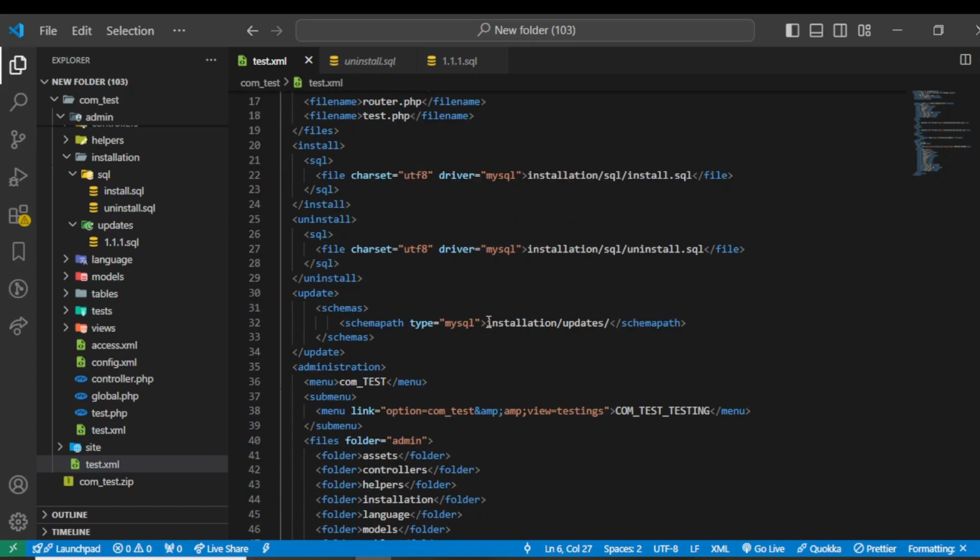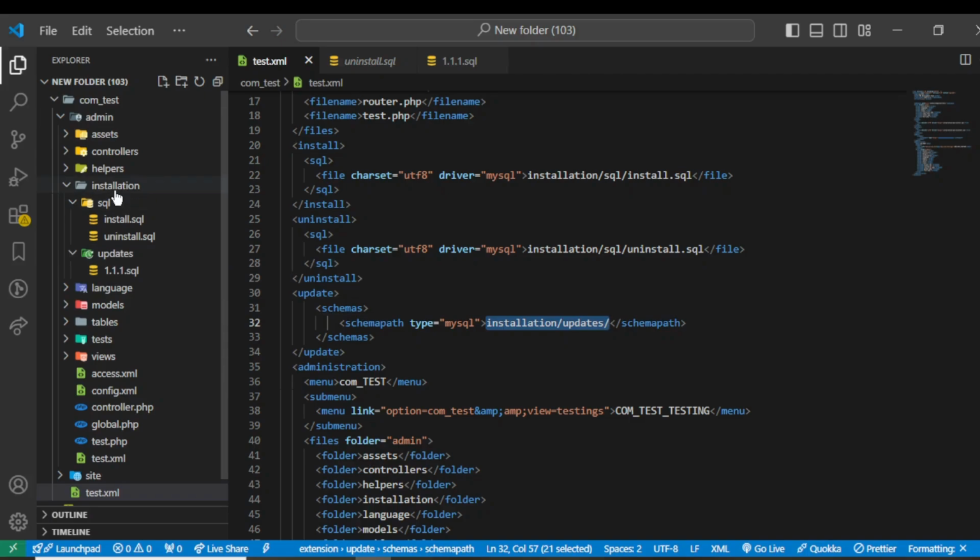So we have to add only the folder directory, and you can notice here this installation folder is in the admin folder, but we don't need to add that admin location. Joomla will automatically detect this file, so we have to add only this installation updates, and